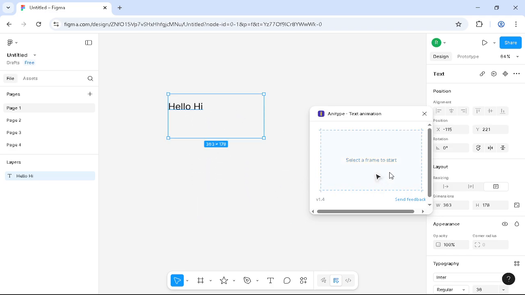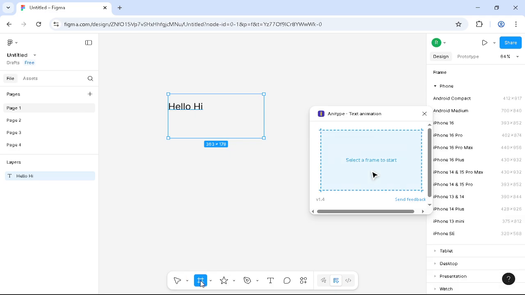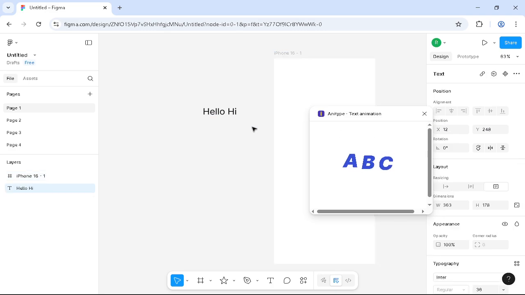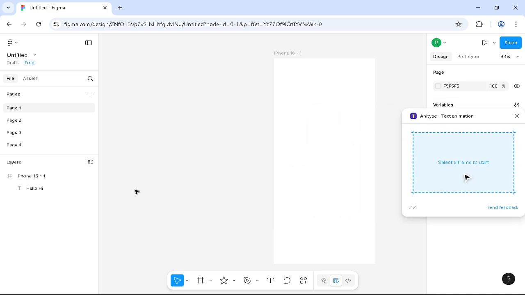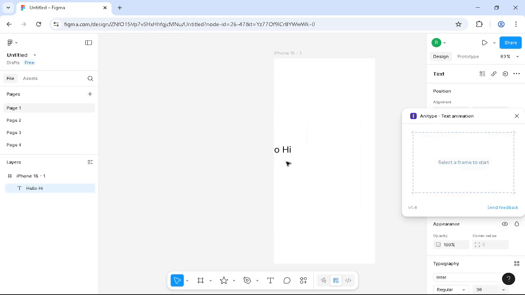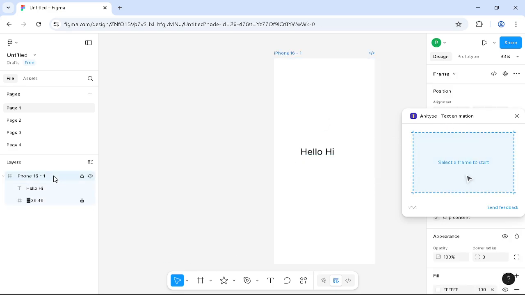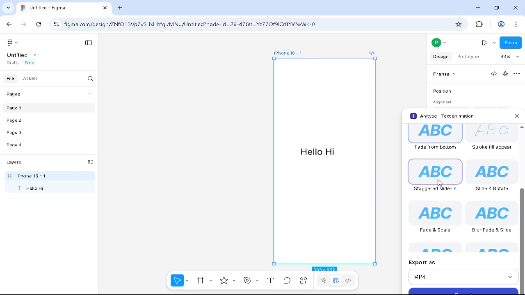Okay, now you want to start to select a frame. As you can see, I go for this one, and here we are. Okay, so we're gonna start right now to see the text is really to be beyond that one, and this starting with here we are about to have